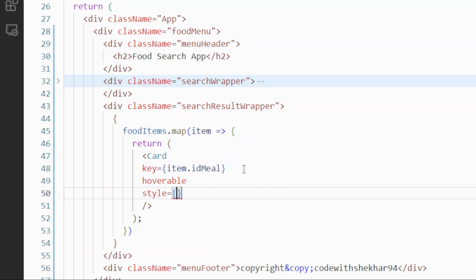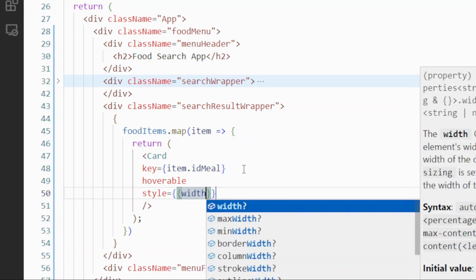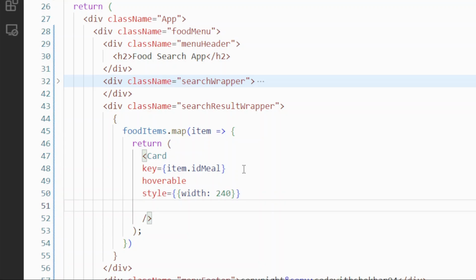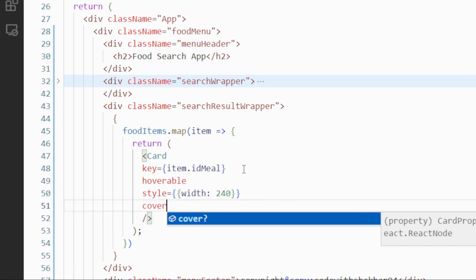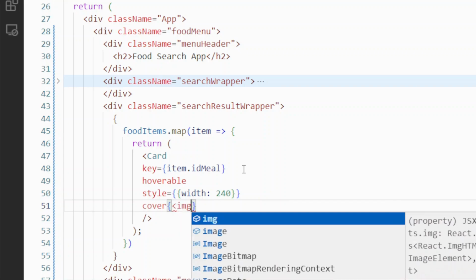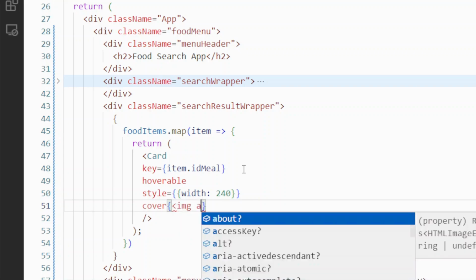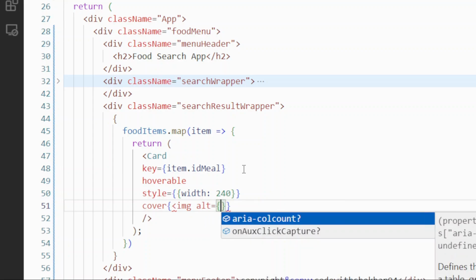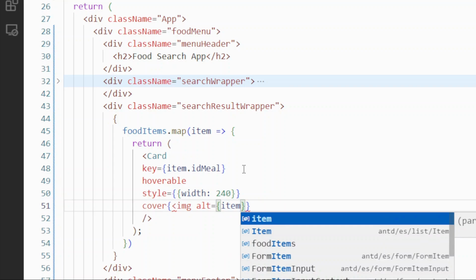So let's put style, width, and I can give a default width of 240 pixels. Then cover, which is basically the image that we want to use for this particular card, and in our case we are going to use the image that we are getting as part of our payload. So let's put alt text equal to, so this is the text which is shown when you hover over the image, and item dot